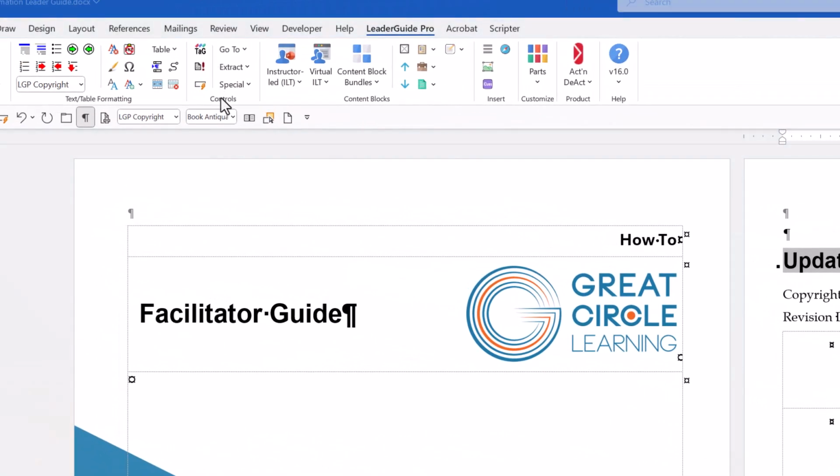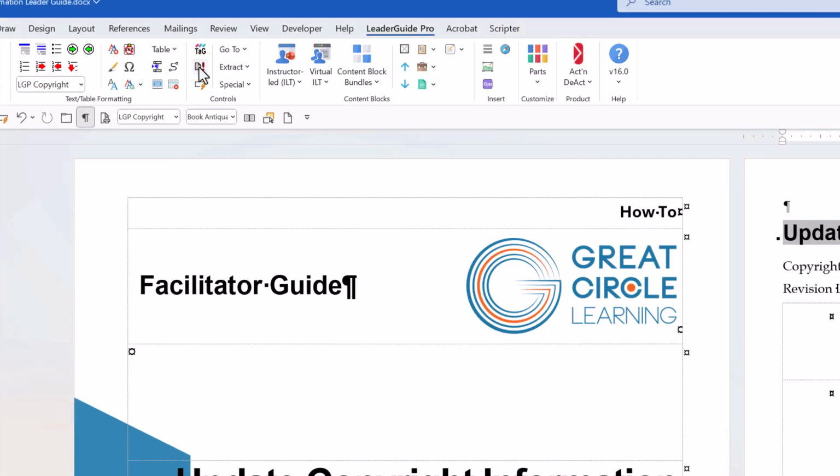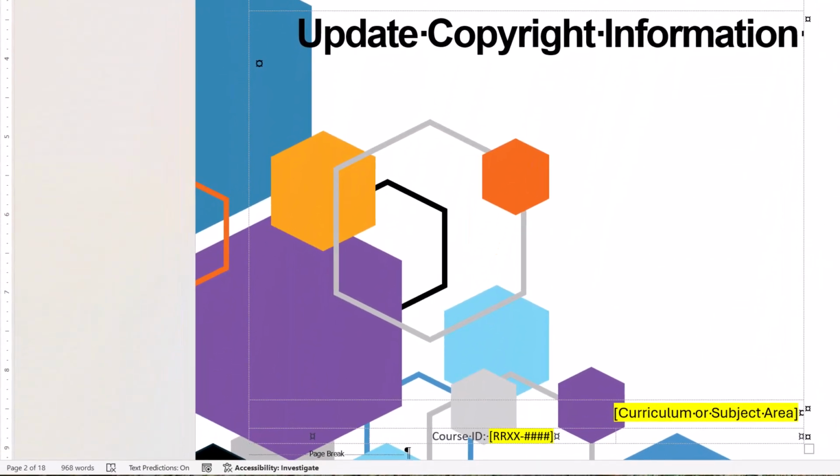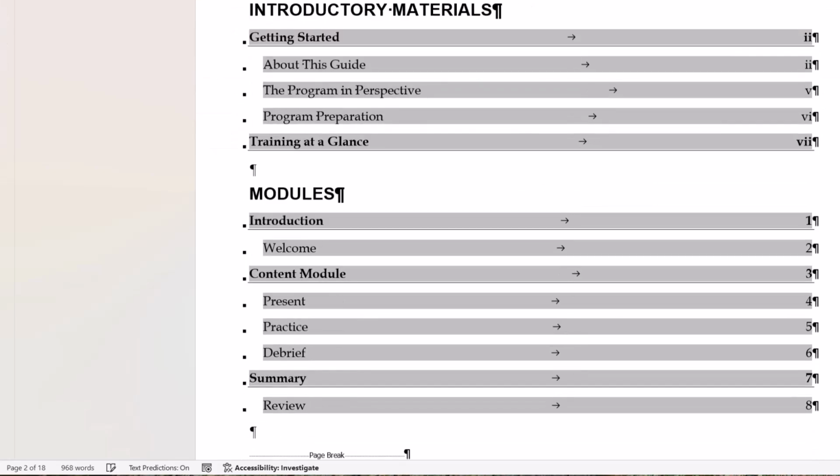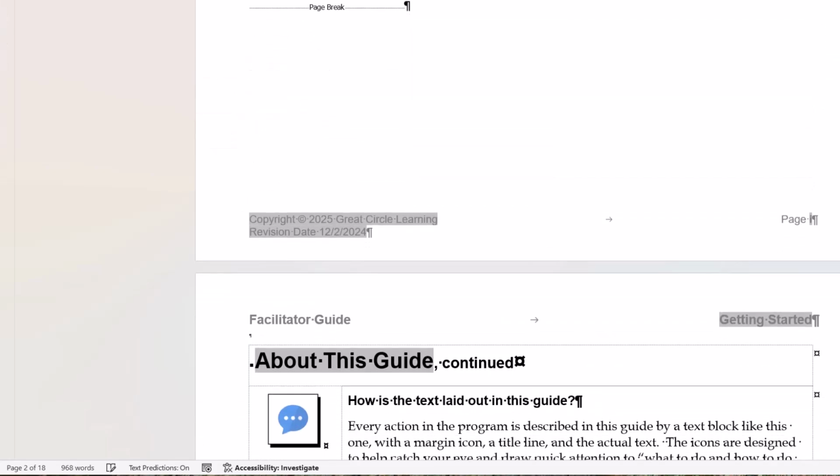and then for it to go through and populate into the footers throughout the document, come up into the Controls section, select the page with the exclamation point, which is Update All Fields. This will go, it does a few steps, but one of them is it's going to update your footers. And if I was to scroll later into my document, I can now see the copyright has been updated throughout